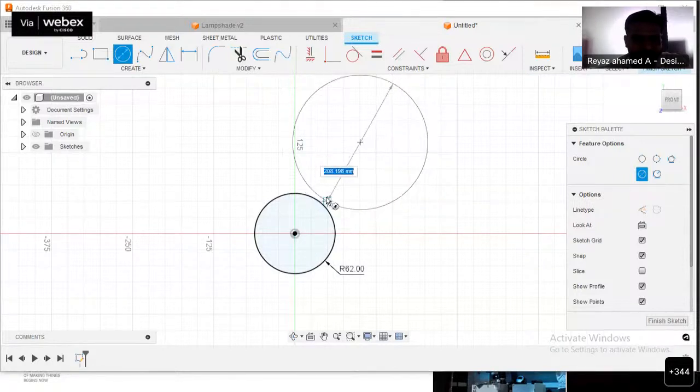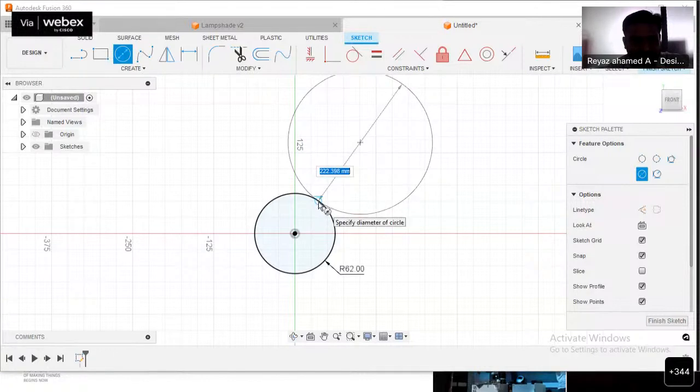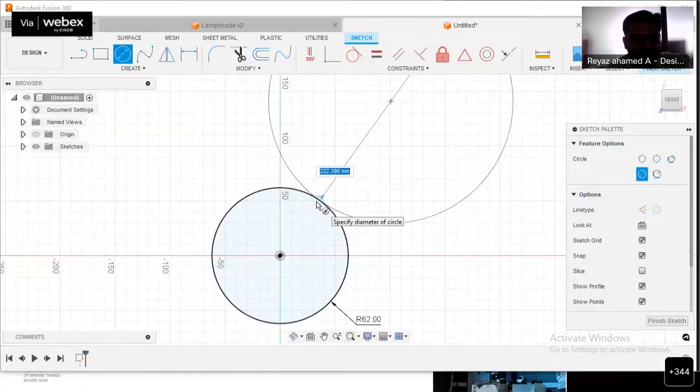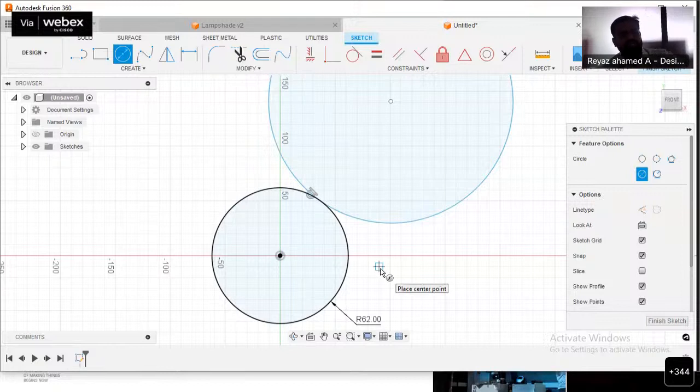See, while creating itself, I'm applying the tangent constraint between the already existing circle and the newly created circle. See, the tangent constraint is getting applied. Now the circle is created. Press the escape key.